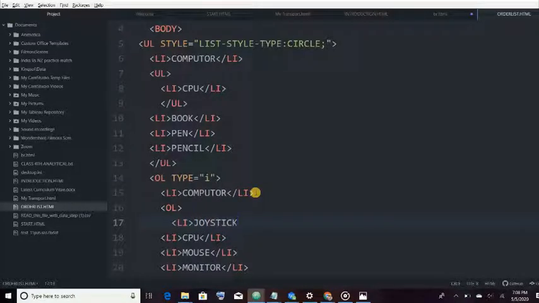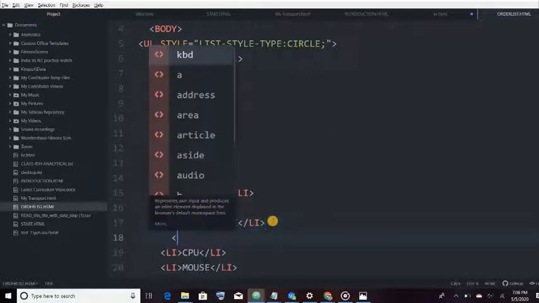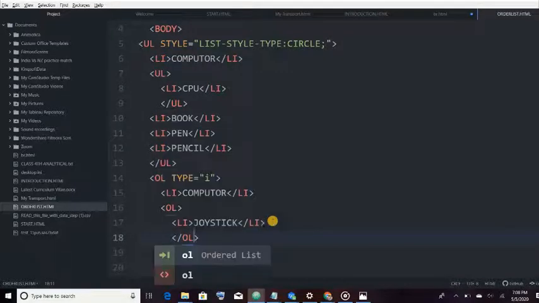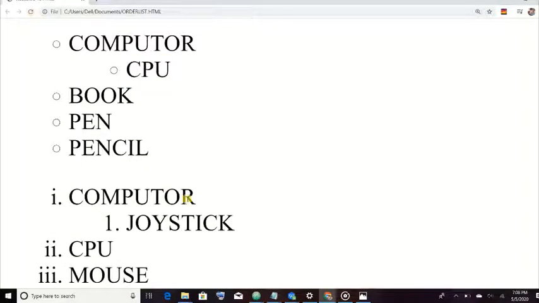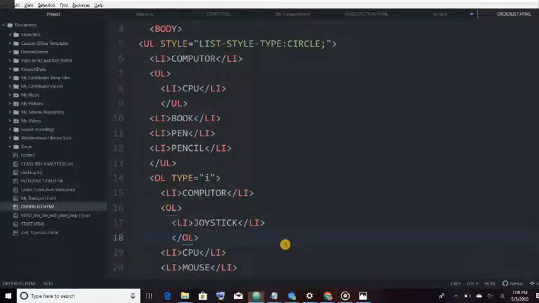I am using joystick, and I will close the tag li, and again I will close the tag OL, which is the ordered list tag. So in an ordered list we can also insert another ordered list. So under computer we can see joystick is the item which is showing under it.